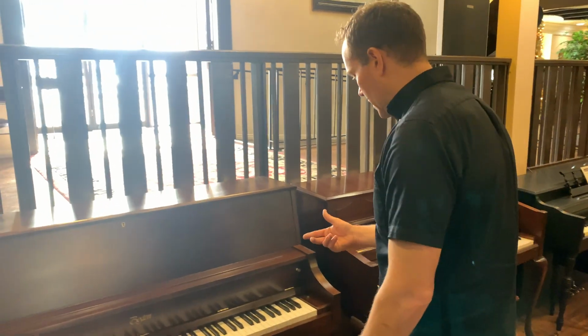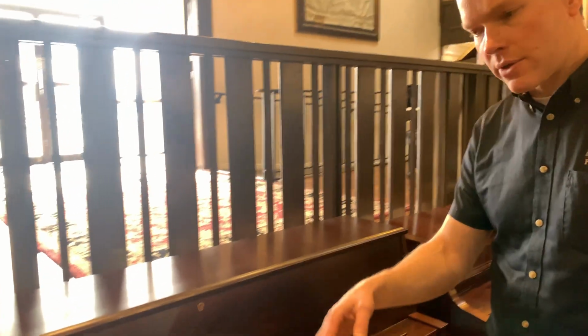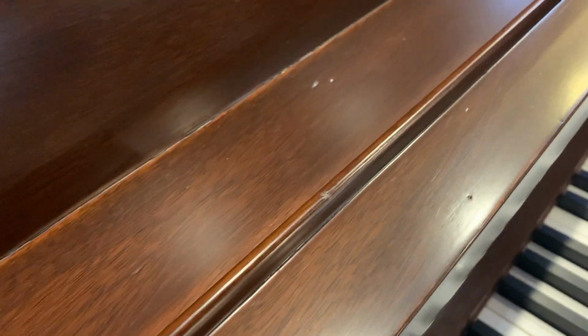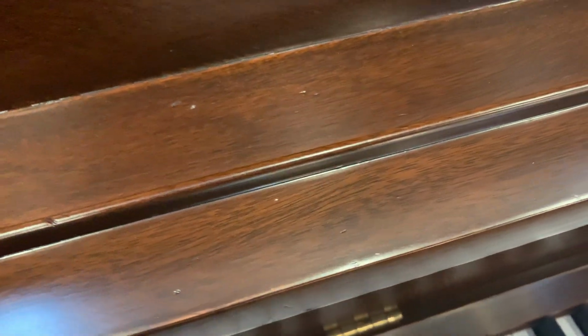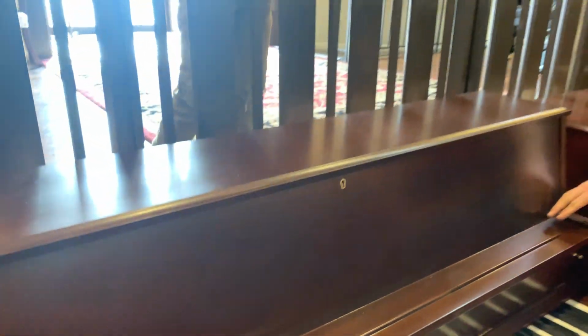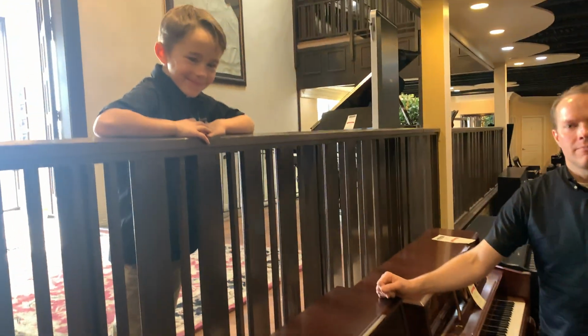If you were to nitpick and come right up to it, oh yeah, there's a few nicks here and there. Fairly minor stuff, but actually lots of people around here, and frankly around the country, have lots of children, and so some people actually find...